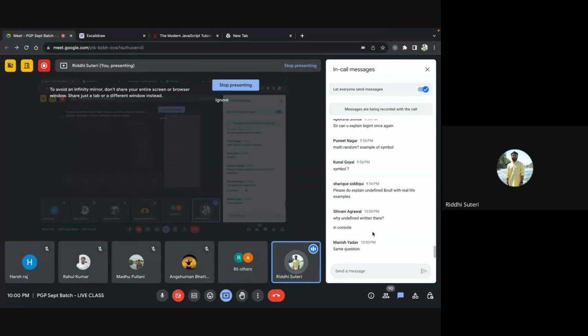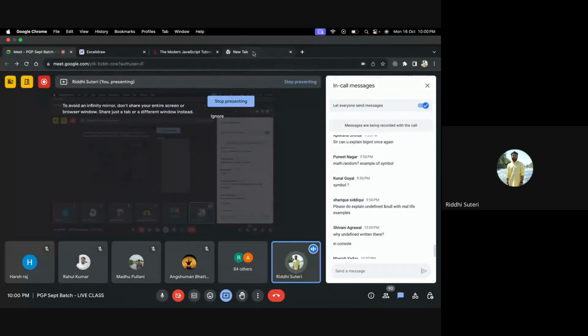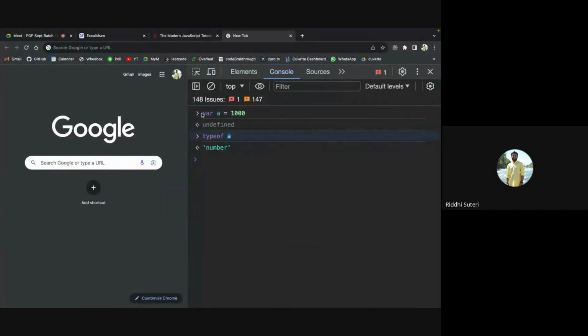Okay, why is it printing undefined, right? What happens in your console area is that every line it evaluates, and मतलब हर line का evaluation it prints in the very next line. इस line को evaluate करेंगे तो जो इसका evaluation आएगा, it tries to print it in the next line. Since it is a definition of a variable, the evaluation of that cannot be anything. मतलब अगर आप यहाँ पे कुछ लिखते जिसका outcome आता होता, if you write anything here which would give you an outcome, then the outcome would be printed in the next line. In this case, there is no outcome of this line. While you're declaring a variable, what could be the outcome of declaring a variable? So that's why undefined was getting printed.